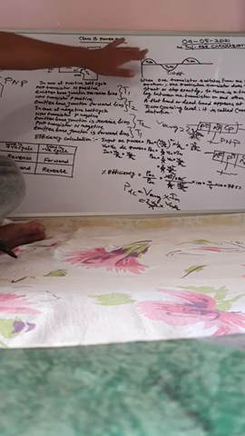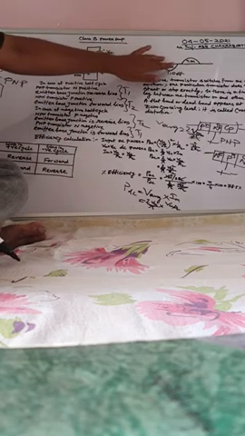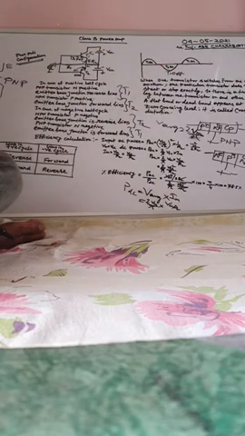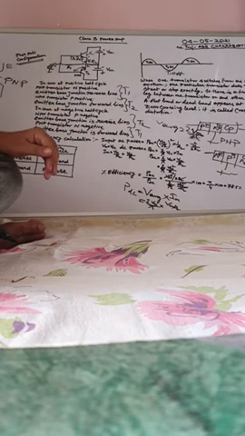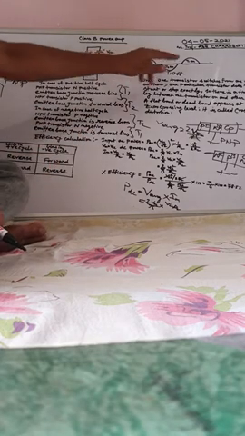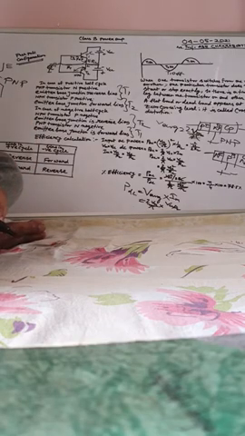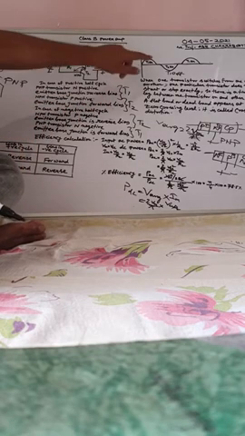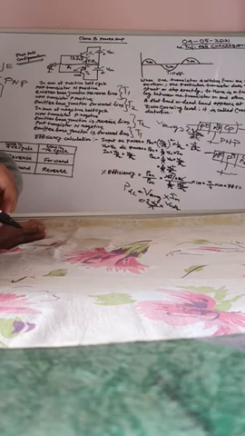If T2 is off, T1 is on, then T2 is on, T1 is off. Between these incidents there is a time lag, a small time delay between T1 on and T2 on. Due to this small delay, a flat band or a dead band appears at the zero crossing level. This is the zero crossing level. It is called crossover distortion.